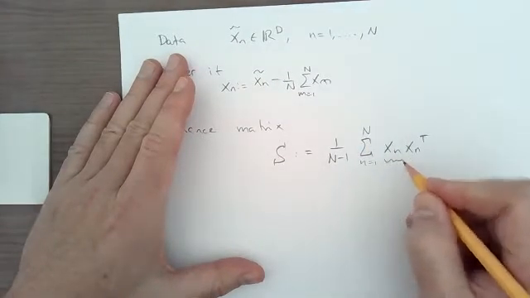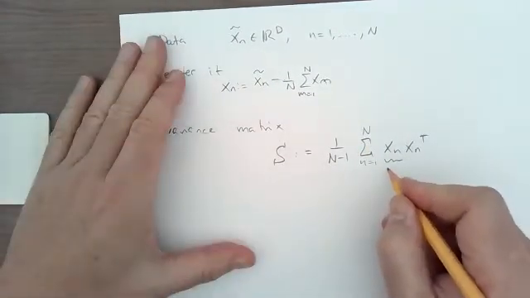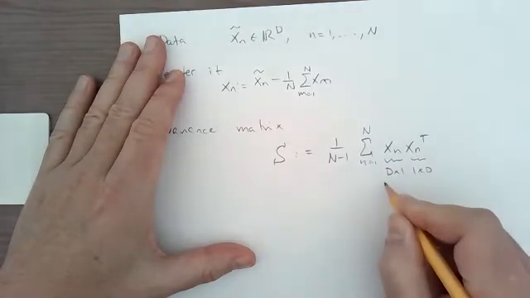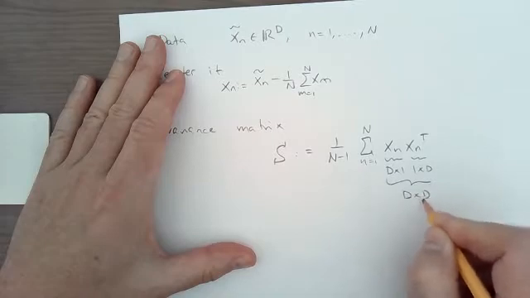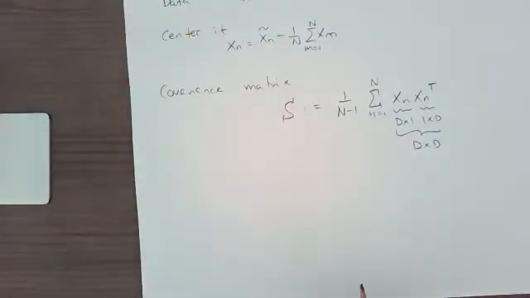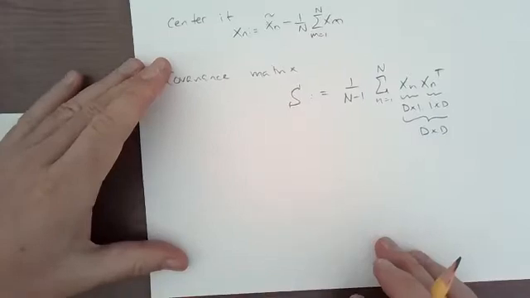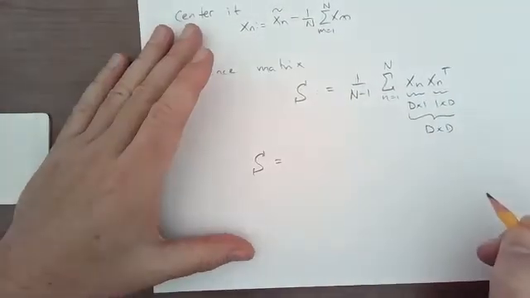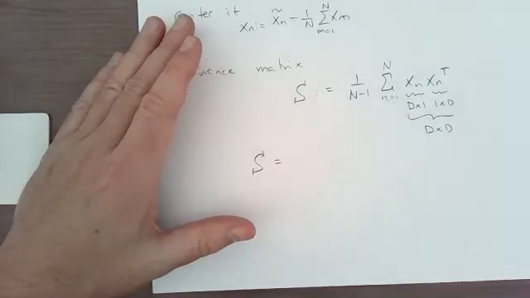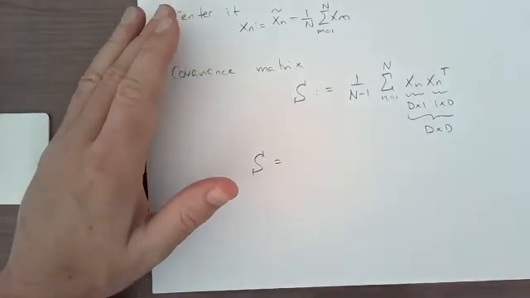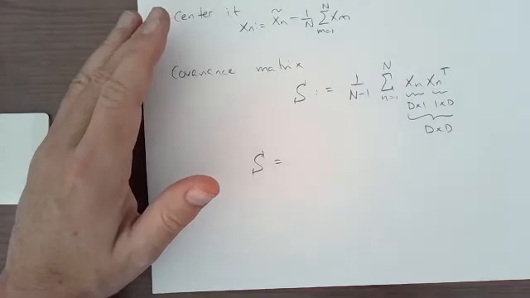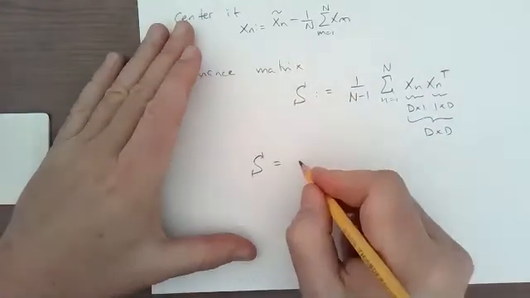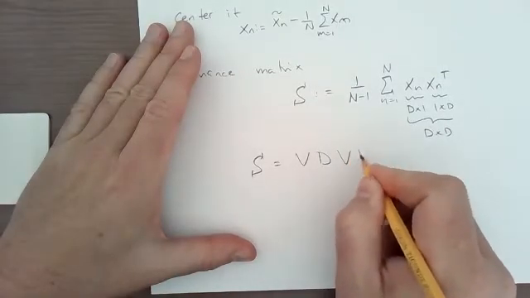Again, this one here is a D by 1, and this one here is going to be a 1 by D. So overall, this becomes a D by D. And then you write out S in terms of its eigenvectors and eigenvalues. The notation we used was V D V transpose,